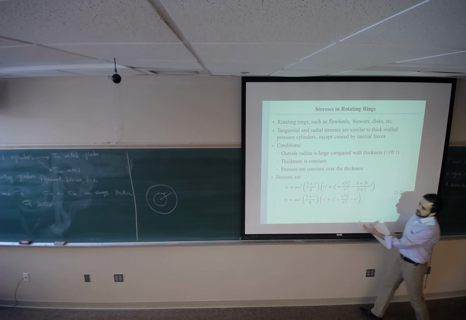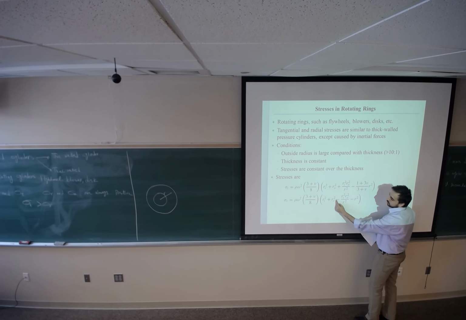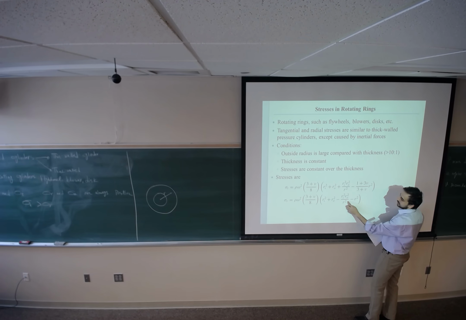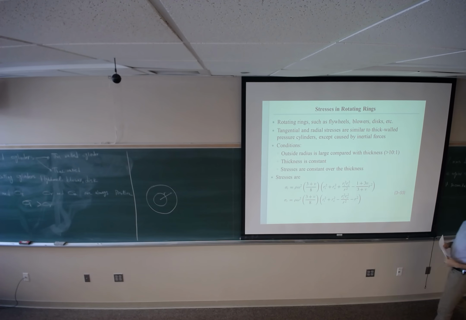Radial stress is going to be the same up to here. This positive has been changed to a negative, and here I don't have any mu, and I have just negative r squared. So this is how we can